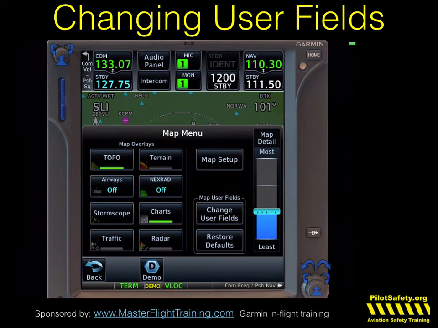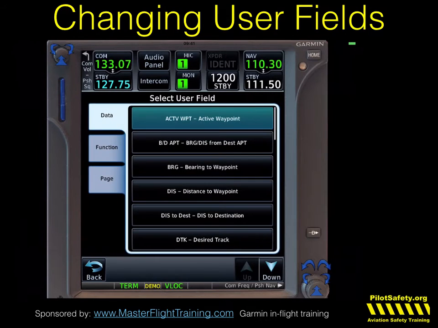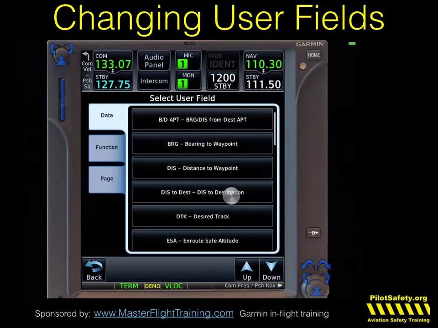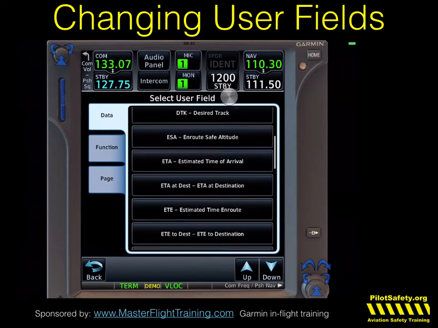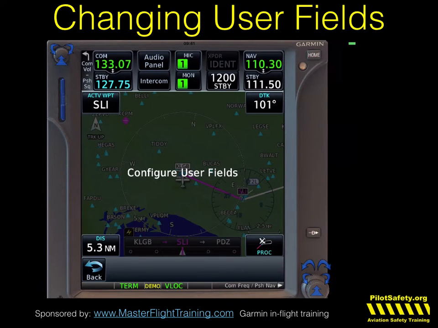Just touch Menu, touch Change User Fields, and then touch the one you'd like to change. If we'd like to change Seal Beach to something else, we certainly can. And here are your options. I actually like leaving my next waypoint in the top left, so I'm going to touch back. I like the desired track in the top right,